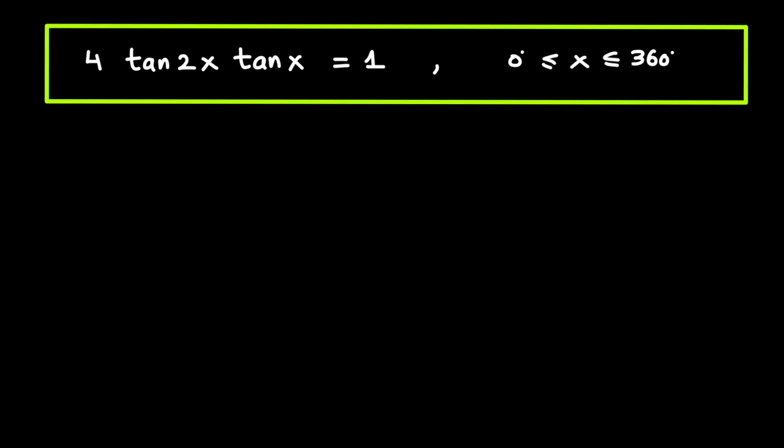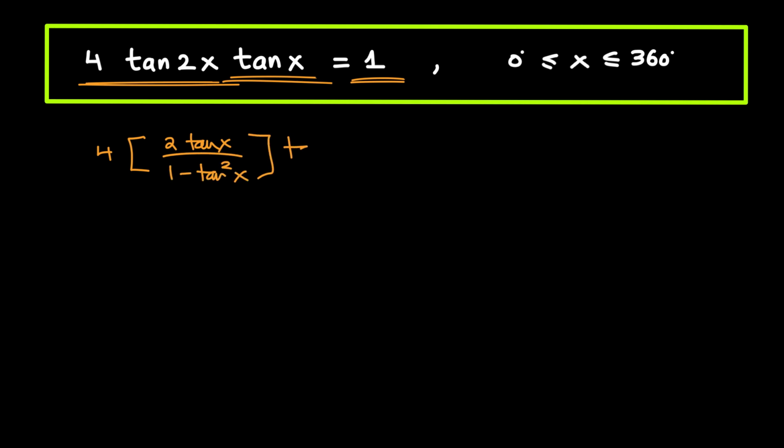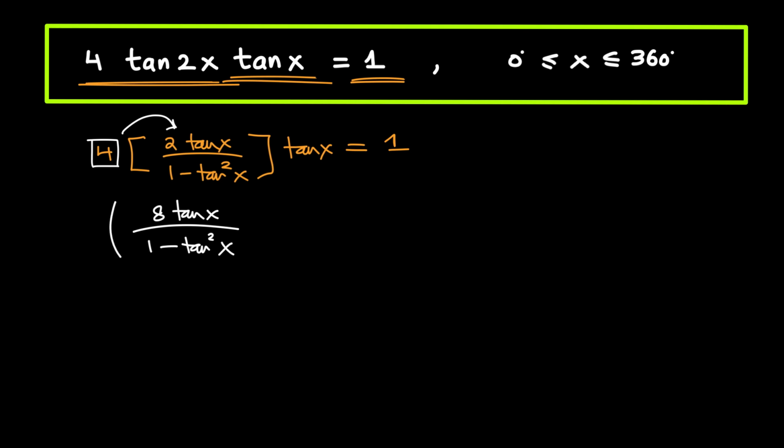Now the other question is about 4 tangent 2x, tangent x equals to 1. So tangent 2x can be written as 2 tangent x over 1 minus tan square x. And we are multiplying it with tangent x equals to 1. 4 will multiply with the numerator. This is 8 tangent x over 1 minus tan square x. This whole fraction is multiplying with tangent x equal to 1. So we are left with 8 tan square x,